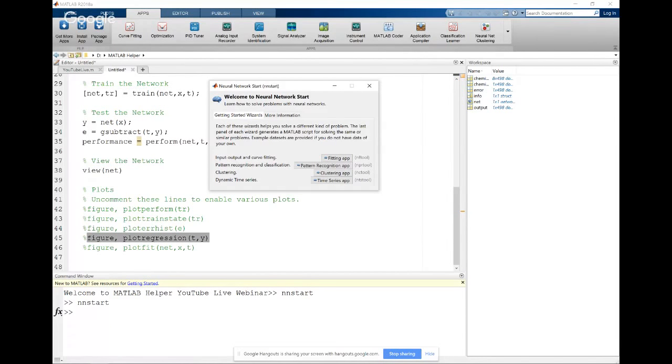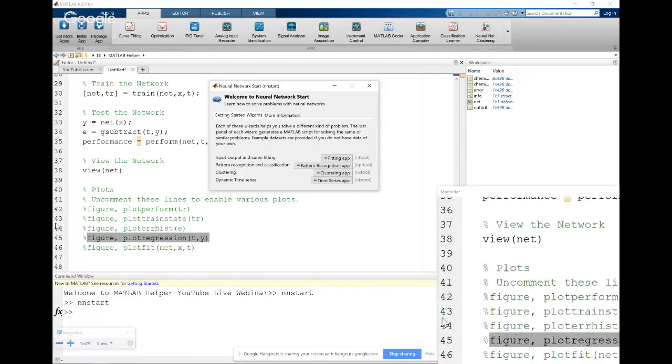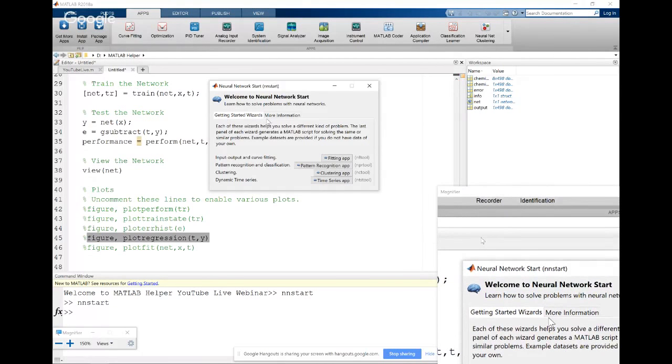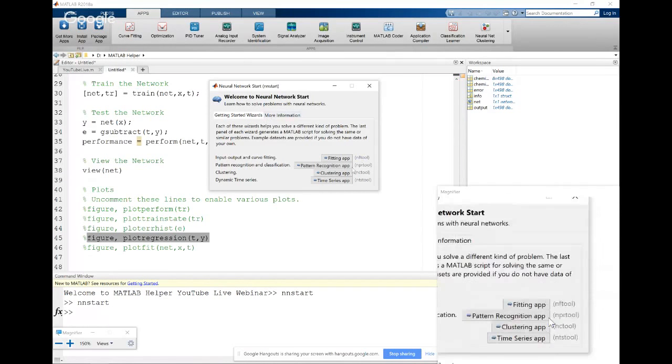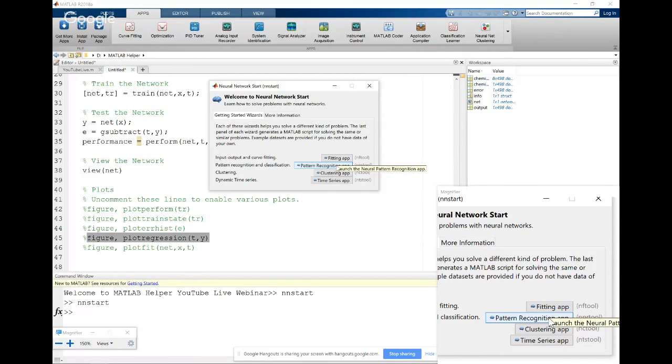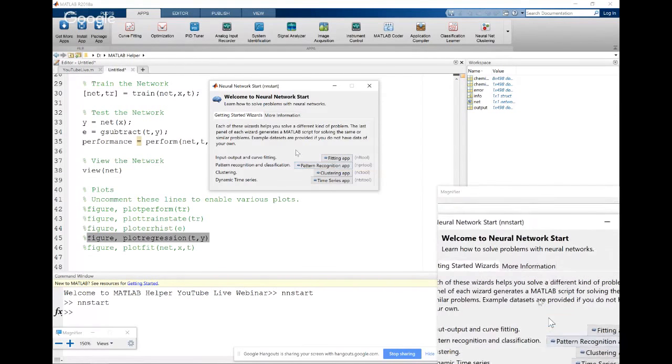So this is the main neural network systems panel where you can see the getting started wizard over here. I'll just switch on the magnifier for you guys. Each wizard helps you solve different kinds of problems. We have seen the fitting app, and we'll be seeing the pattern recognition app in this session.